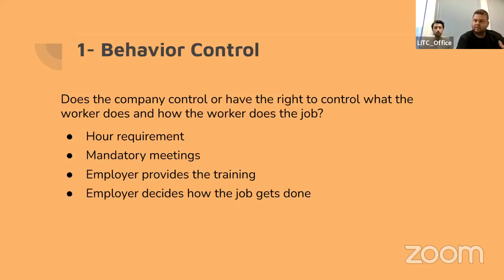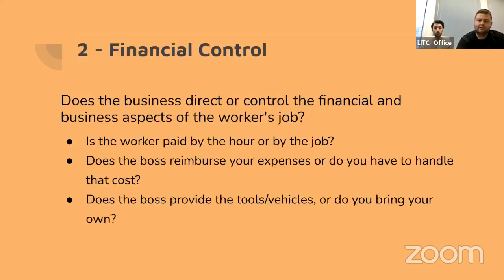If the employer or the payer says, get this job done however you like, I don't care what brush you use, just make sure it gets painted, then that would be more an independent contractor because that person is given the discretion to decide using their expertise how the job should be done, versus someone just being told, do it exactly as I tell you and don't think beyond that. So those are the behavior control factors.